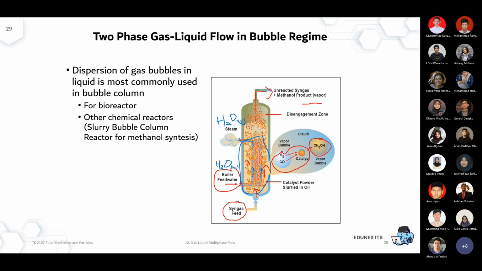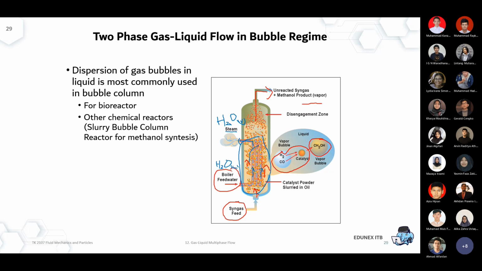So the phenomena over here, of course, are quite similar to what is found in a two-phase pipeline. Initially the boiler feed water comes in as a pure liquid, but because of the gradual temperature increase, some fraction starts to vaporize. And actually, when it exits the reactor, all of it could already be found in the vapor phase, which is expressed over here as steam.